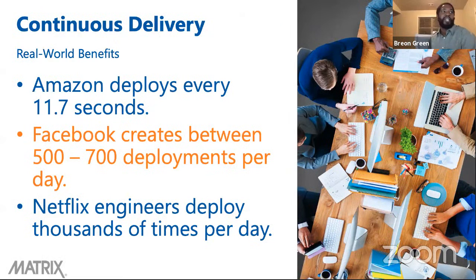So continuous delivery really allows some of the leading technology companies to deploy much faster. Amazon says they deploy every 11.7 seconds. That's insane. But if you think about it, you're probably talking about over 10,000 services backed by even more applications, probably hundreds of applications per service. When you're dealing with that many applications, you'll want to have some type of automated process for delivering those services.